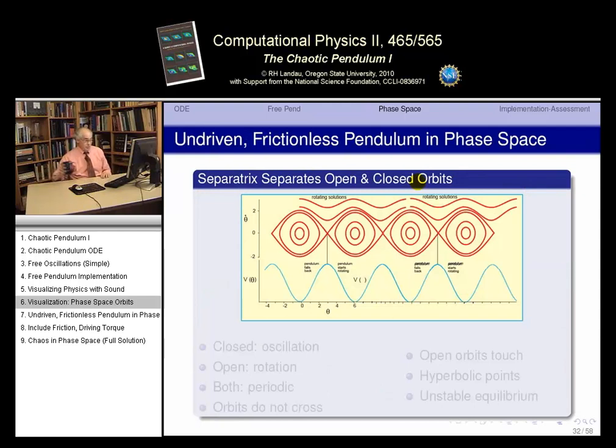So let's look at slide 32. As we said, the separatrix separates off rotations from vibrations. Okay? So if we look here at this plot in yellow, what we have is two things plotted on the same graph. On the top, we have theta dot versus theta on horizontal axis. So the top in red is a phase space plot, the standard form. And on the bottom, we have the actual potential for the pendulum. Okay, so there's just minus mgl,